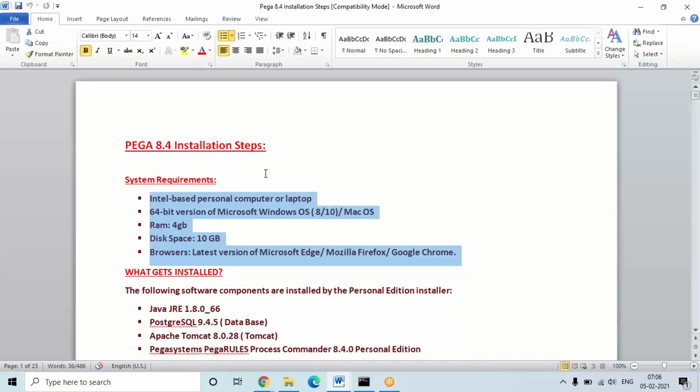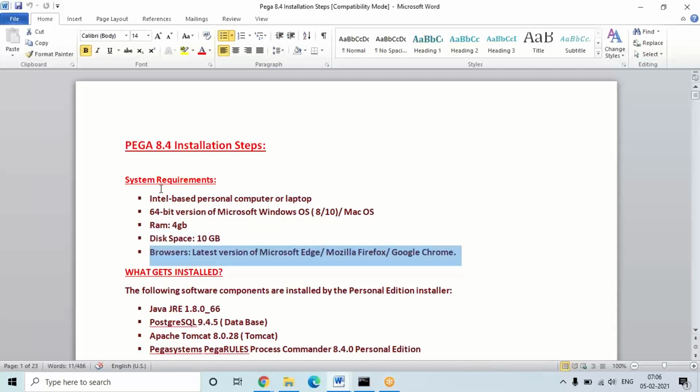If you want to install Pega in your systems, any processor will support, and a 64-bit operating system is required. If you're having 32-bit, we compulsorily need to upgrade to 64-bit. And we need 4 GB RAM and 10 GB free space in any drive, like the C drive or some other partition, in your hard disk, and any latest version browser will support.